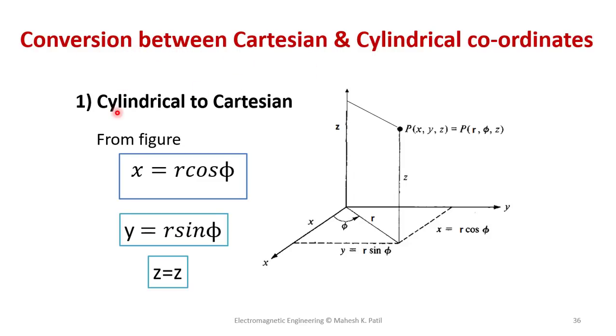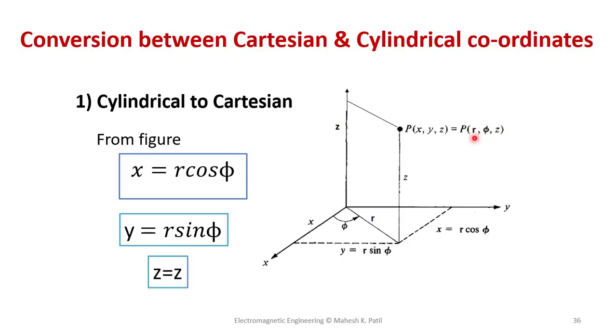So in this we will see first cylindrical to Cartesian. So a point given in the cylindrical coordinate system is in r, phi, z form, and in the Cartesian it is in the form x comma y comma z. So we are going to convert the r phi z point into the corresponding x y z point. For that we will take the help of this diagram. Now consider the point P having coordinates r phi z as shown here.